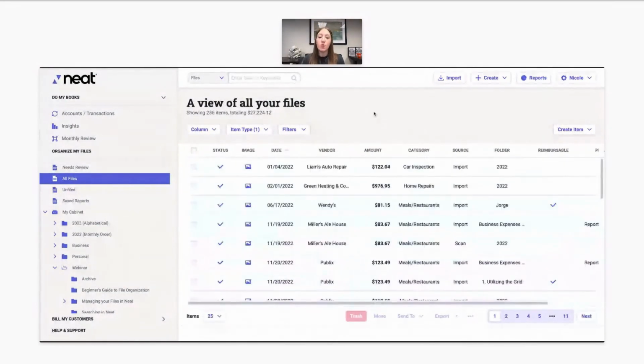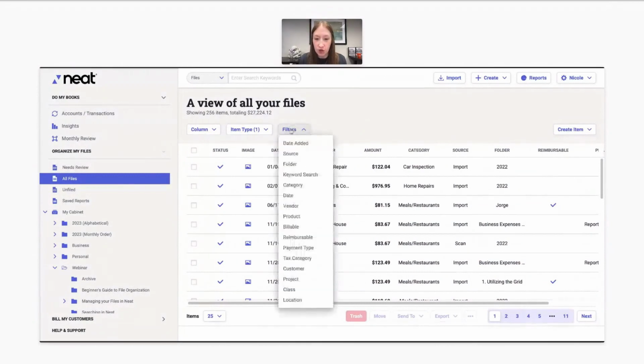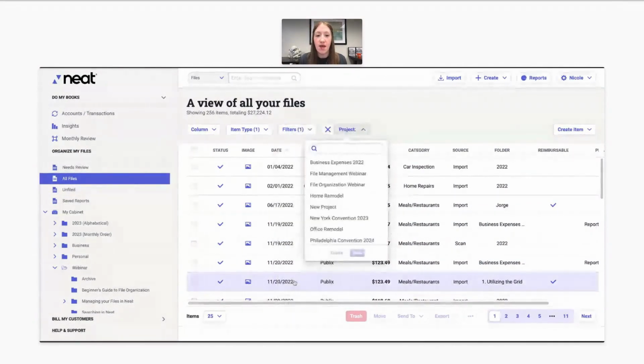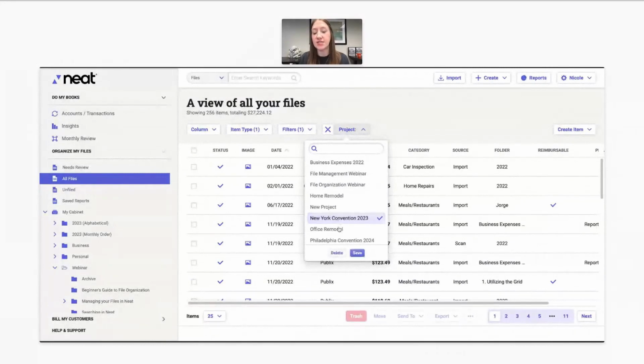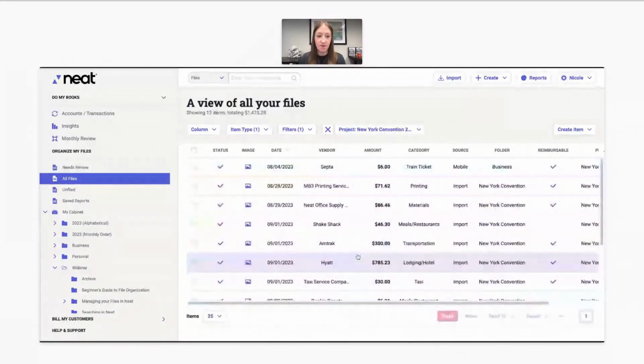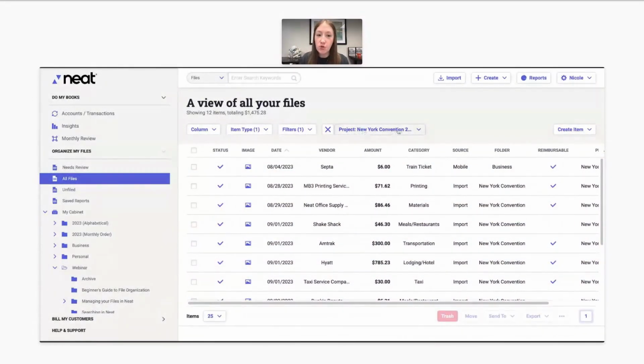Let's say I want to see how much I spent for a specific project last year. I could add a filter for project. And maybe I want to see how much I spent on this New York convention project that I did. I can select that project and click save. And now Neat has filtered all of my files to only show me receipts with the project of New York Convention 2023. And I can see that there are 12 files